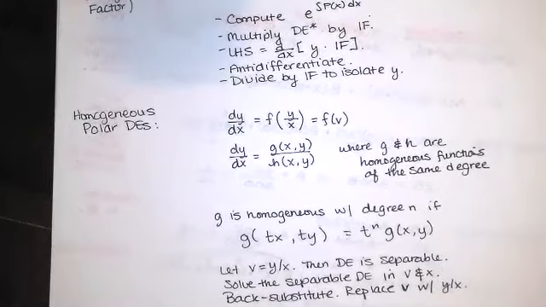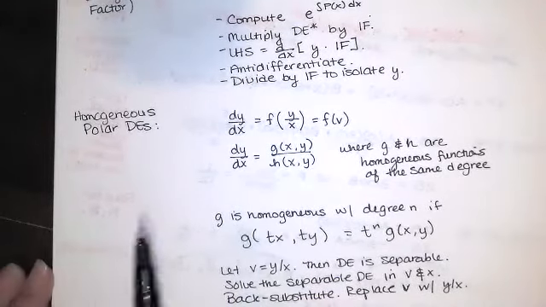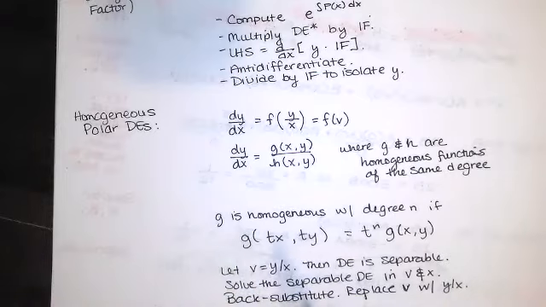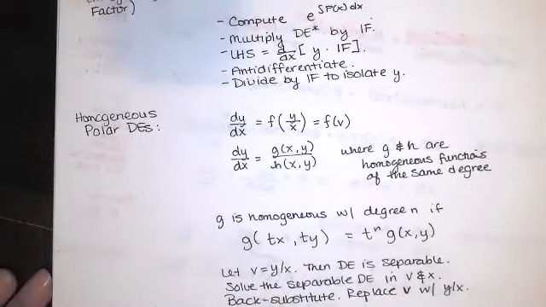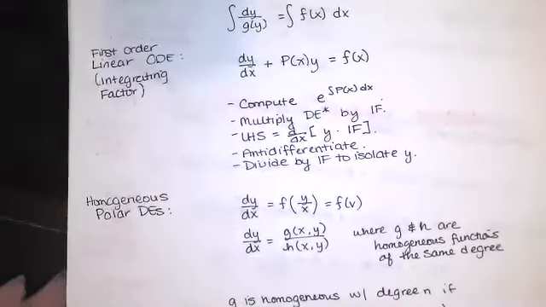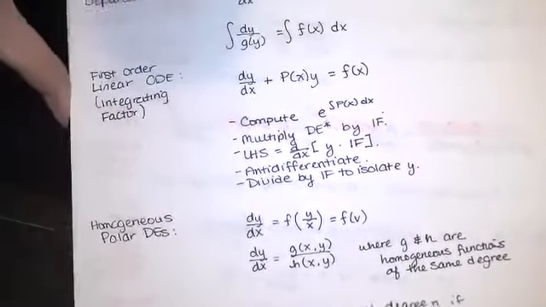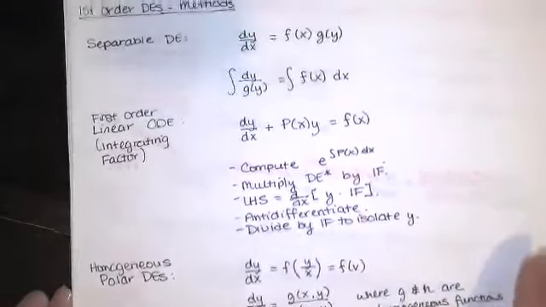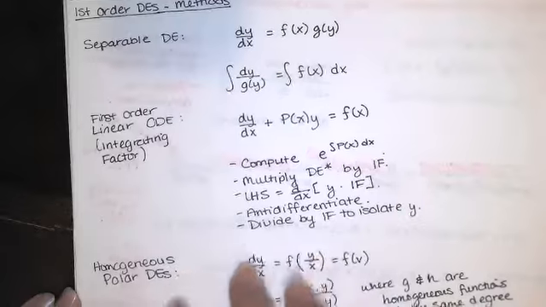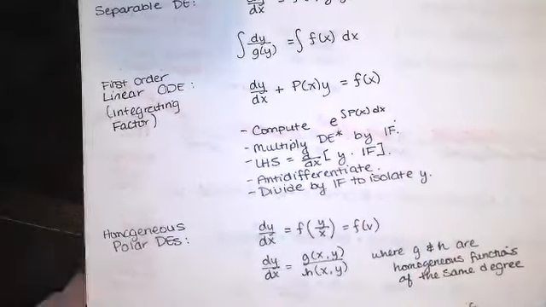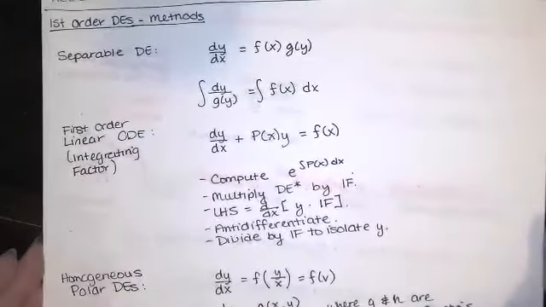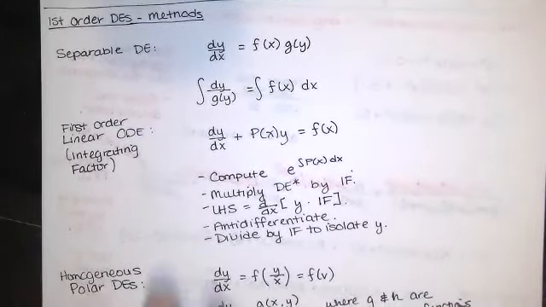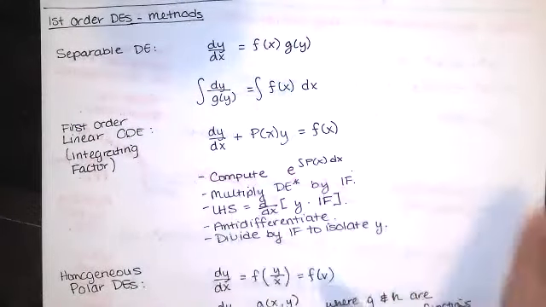So that's that method. When you look at this one on the surface, it's not separable initially, but through making this substitution, it turns out that it is separable. So we make a substitution, we solve the separable equation, and we back substitute. You're going to see there are a lot of differential equations that we solve in this class that after making a substitution turn into a separable differential equation, or after making a substitution will turn into a first order linear equation. So it's really critical that you learn these two methods because we're going to keep coming back to those over and over again. Okay, so we've got those two, and we've got the homogeneous polar DEs, and now we're